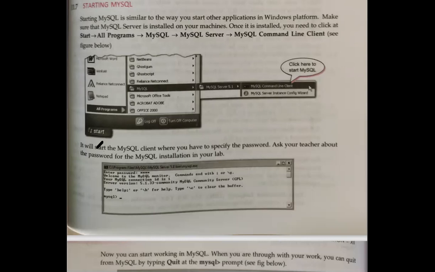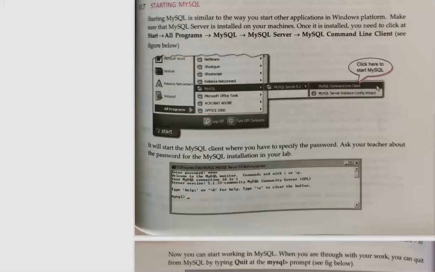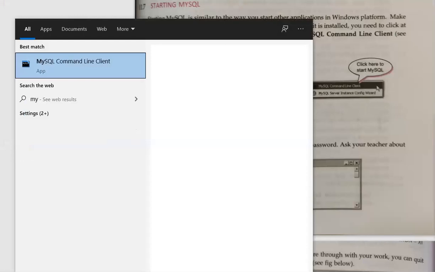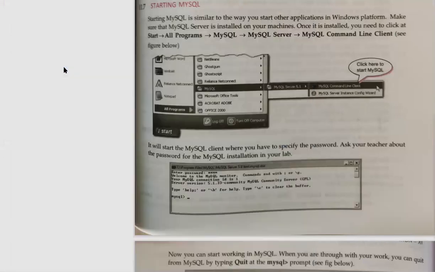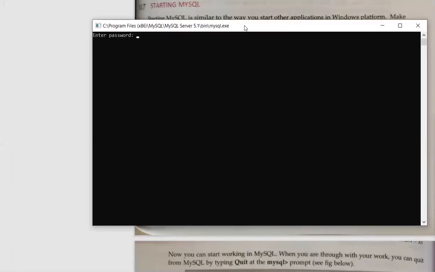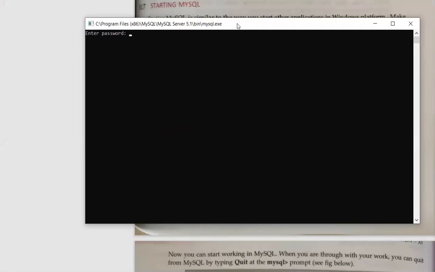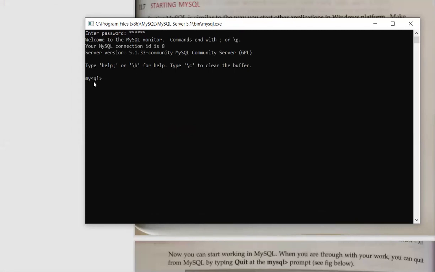Let me show you so that those who are going to install it on their mobile phone must know. Simply click on your search button and type MySQL. Those who have installed, this is the screen for MySQL. For all those students who are going to install it on their system, the password has to be OLOPCS. Then press enter. This is the MySQL prompt. After this I can write any query.